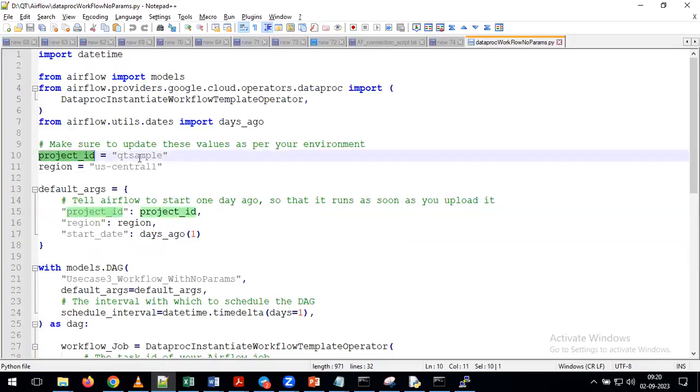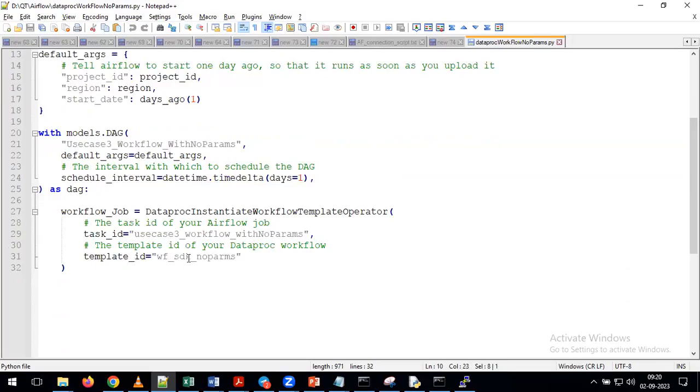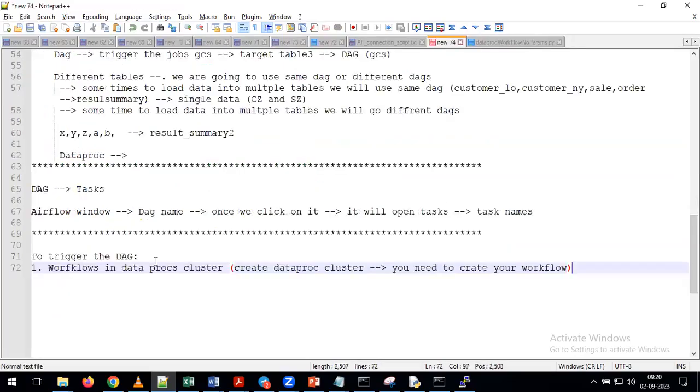Please change your project ID. Qt sample is my project ID, and on your side you need to provide your project ID. This is one change you need to perform. At the same time, you need to provide your workflow name. Whatever workflow name you have in your cluster, that is the workflow name we need to pass here. This is one thing. Second thing,